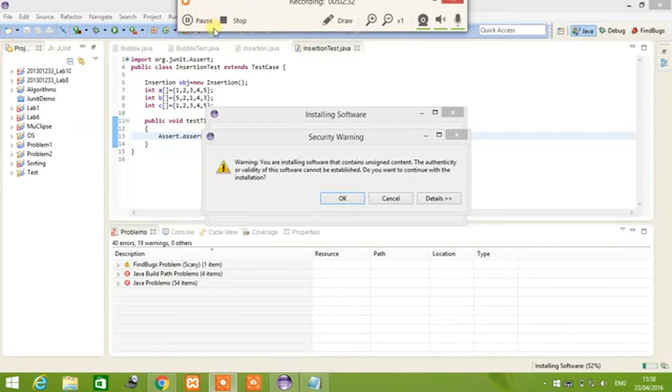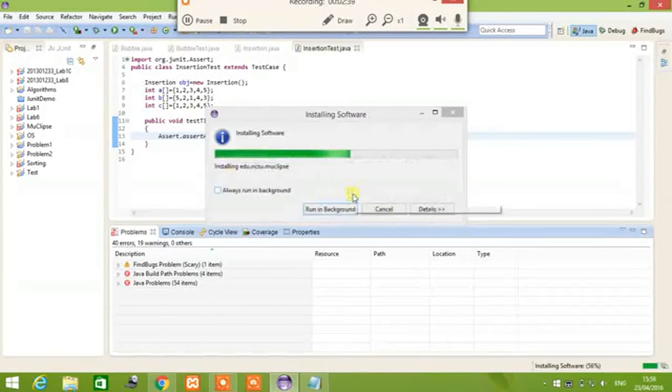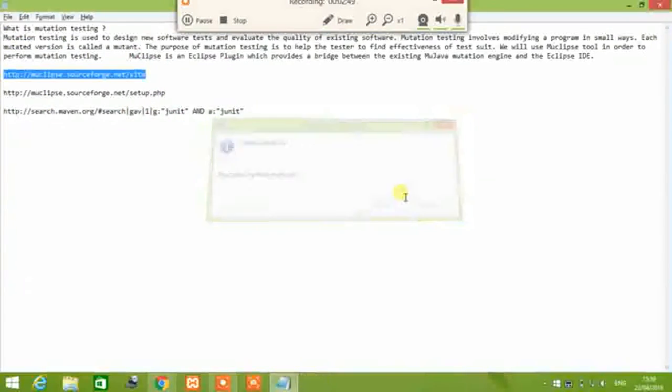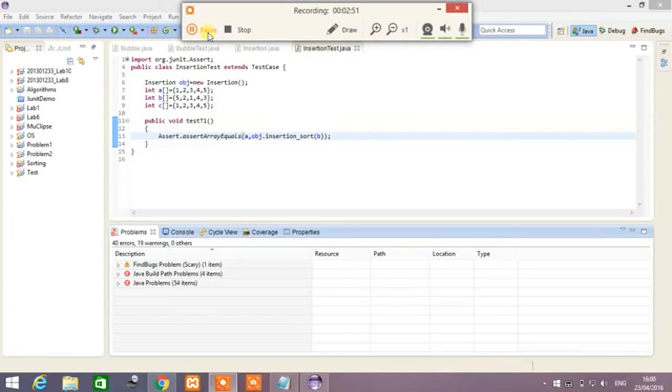While installing, it will pop up one security warning. Click OK on that button. After the successful installation, Eclipse will ask you to restart it. Click yes. Eclipse will be restarted.